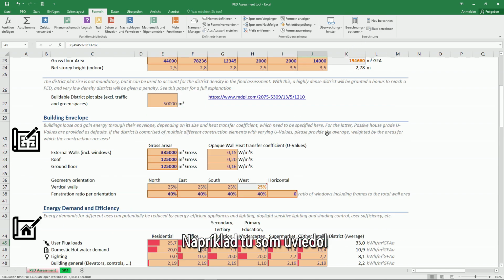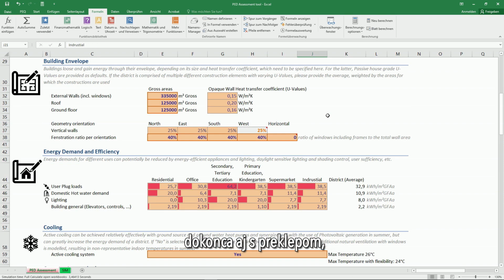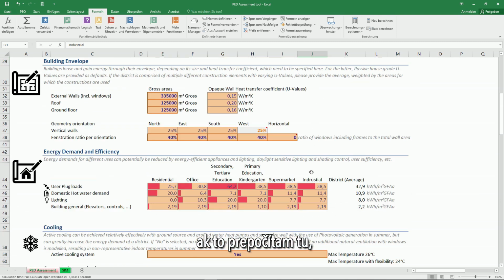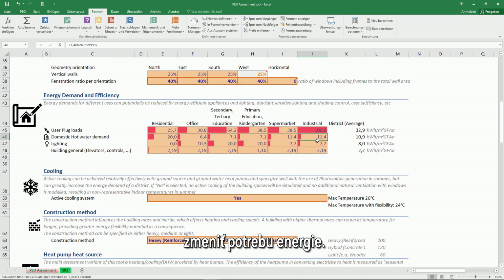For example, here I have provided industrial use as a new one, with a typo even. If I recalculate here, you would see it change the name here. And now I can, for example, change the